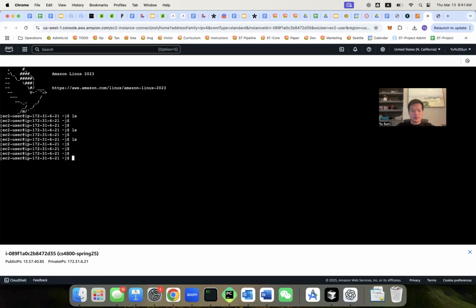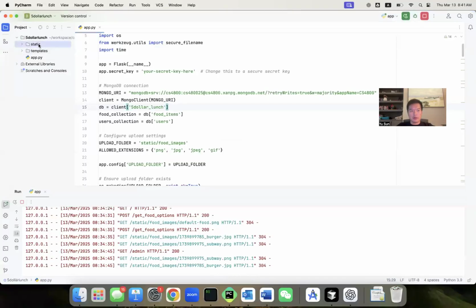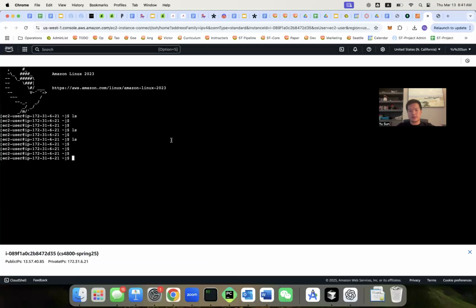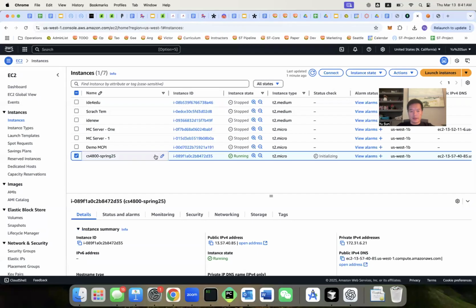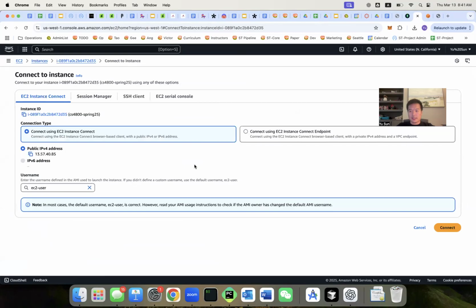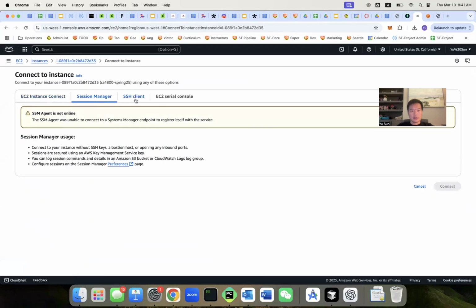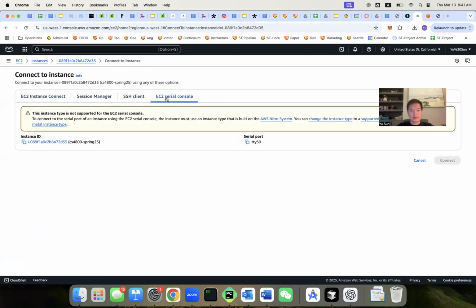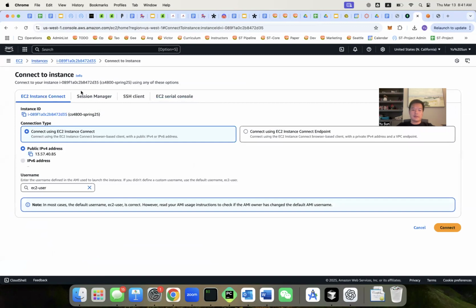However, this portal has a limitation, which is that if you want to upload some files over, for example, right now I want to copy all my files from here over to the cloud. I don't know if there is a way for us to upload the files, at least maybe it's not that easy. So if not, then we probably just need to use a local client. Anyway, this browser-based terminal is okay for you to check the server,